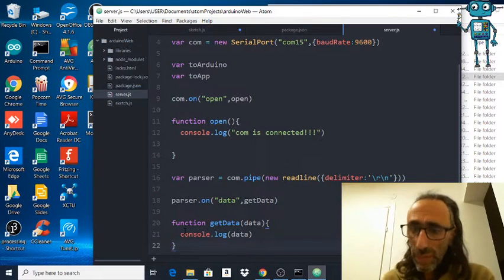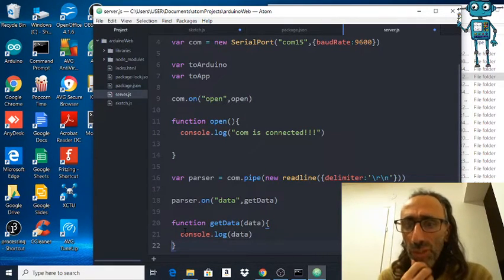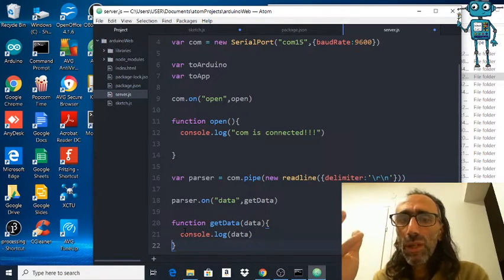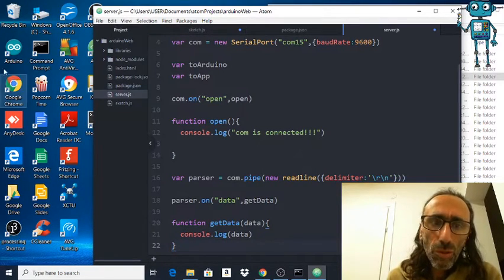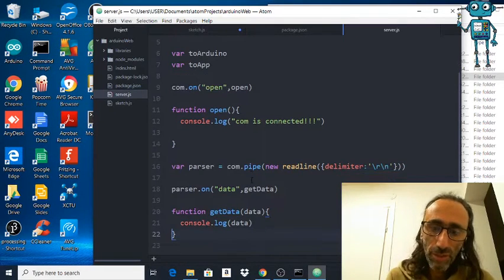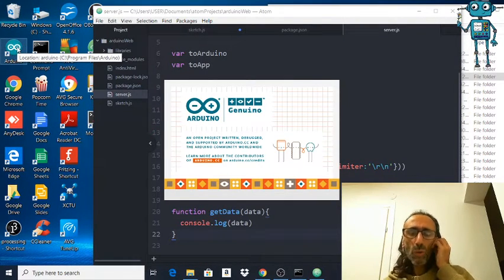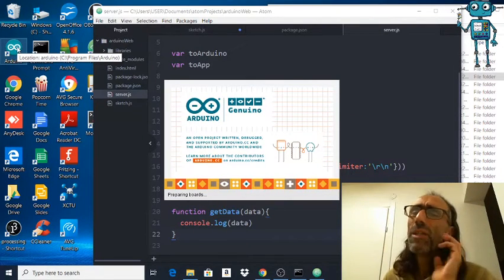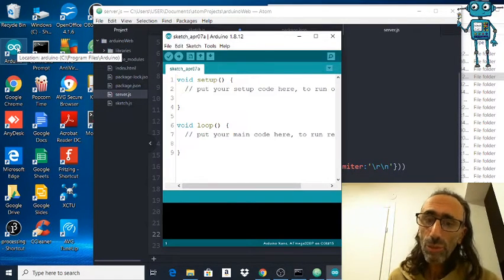So now actually we can check if everything is working. What you have to do, you will have to connect an Arduino to your computer, and now first of all we have to save this, and we will go to the Arduino IDE. We will open it and we will write a really simple sketch just to see that the connectivity is working. Later we will make it